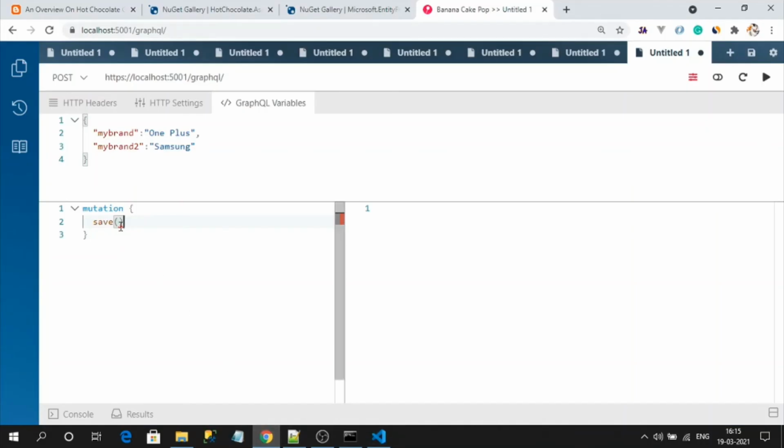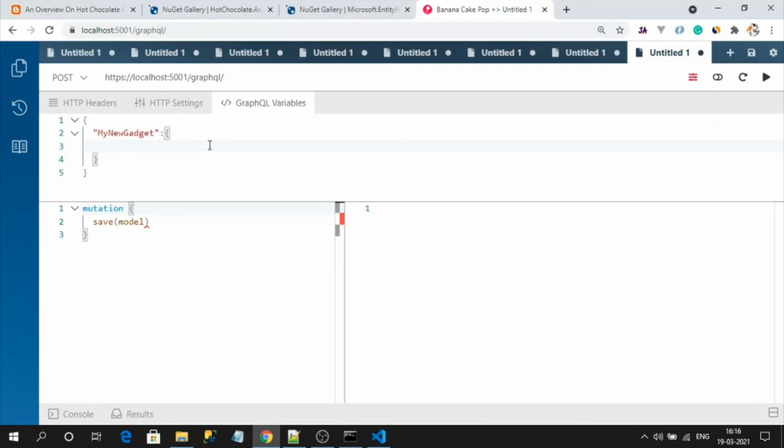Okay. Since here also it is dynamic data, we need to use a variable. Variables are nothing but GraphQL variables, which we know. So let's define a variable. I can define the variable name as anything, like my new gadget. This is my variable name. So this should be the root. Inside of this, we will have all the properties of our gadgets to save.